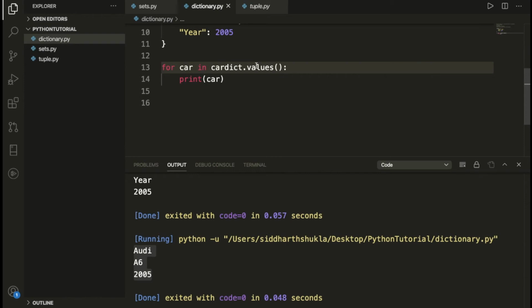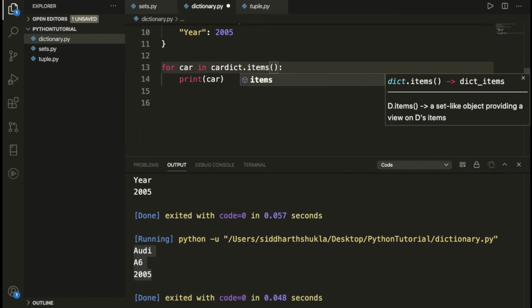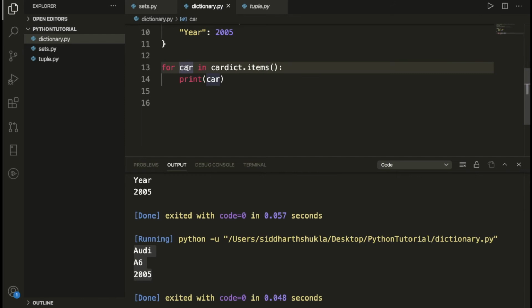And suppose if you want key and value format, then we need to write the predefined function which is items. Here I am going to type car name, car value.